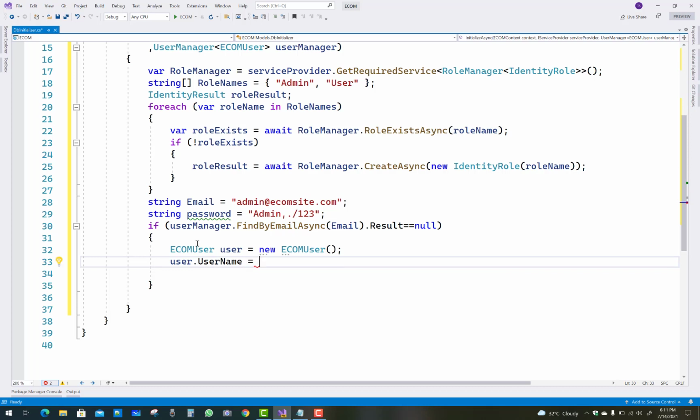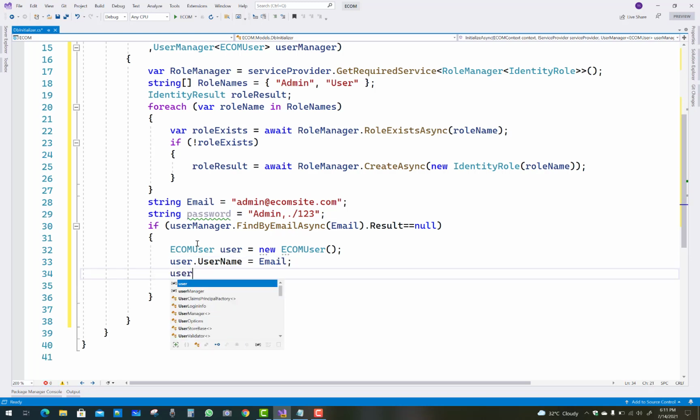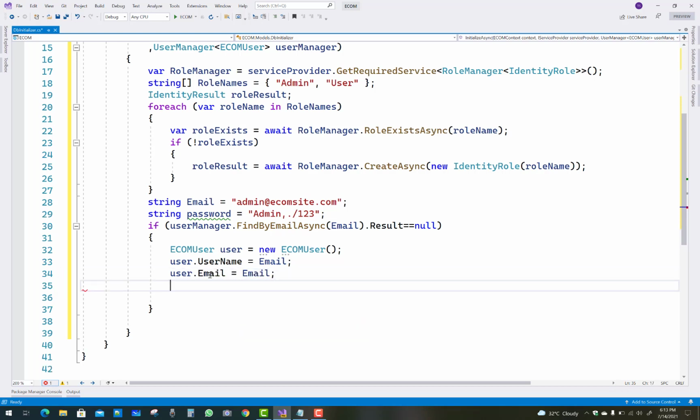Just assign the email to the username. Now after that you have to create a user as an admin in the admin role. And user.Email equals email, which is already assigned to the user.